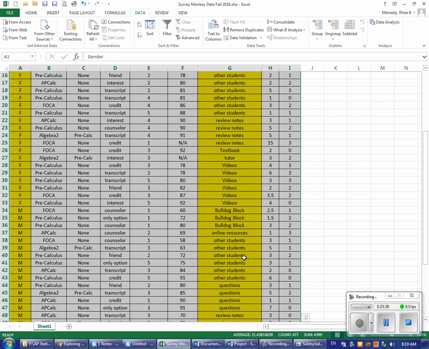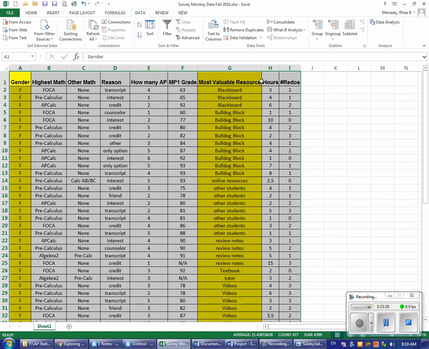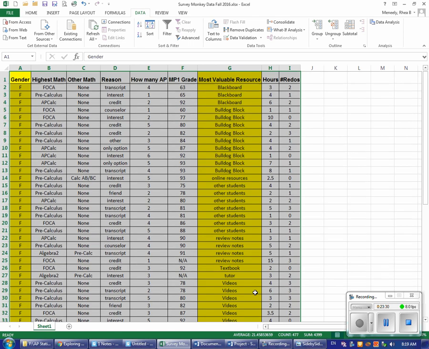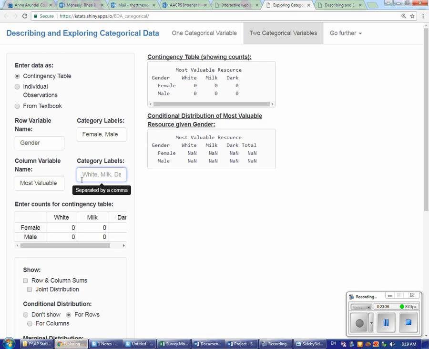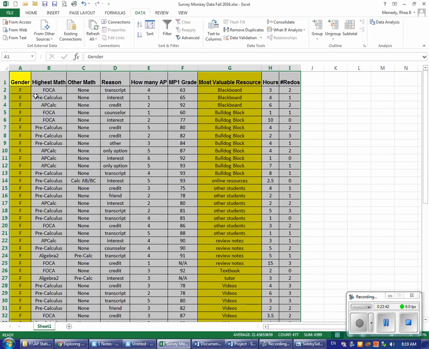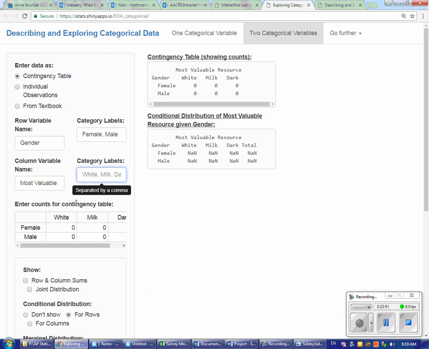And so you can see there's quite a few options that I included in the survey for the most valuable resource. So what I need to do on my website, if I go to Art of Stat, is list all those categories. So if you guys are familiar, you can hit the Alt-Tab button and flip back and forth between your pages. So I know that Blackboard and Bulldog Block were both resources, but if I abbreviate them, I have